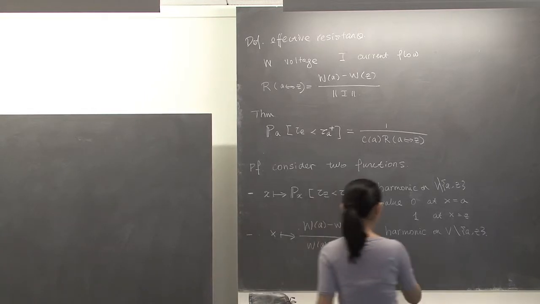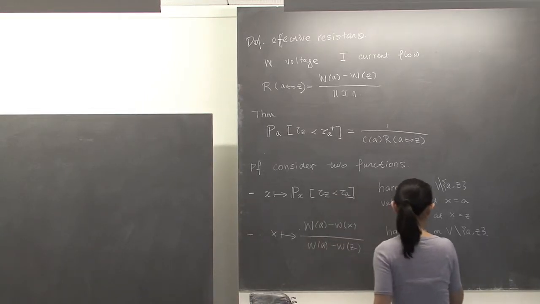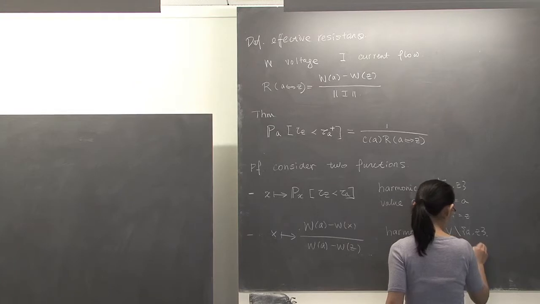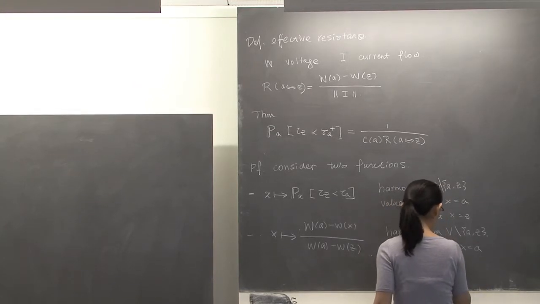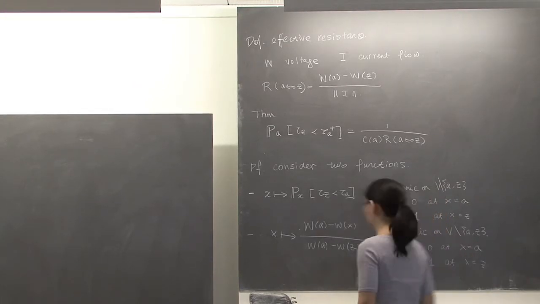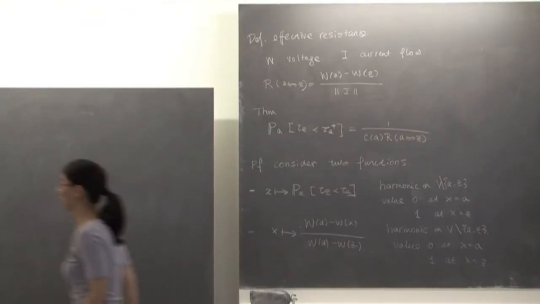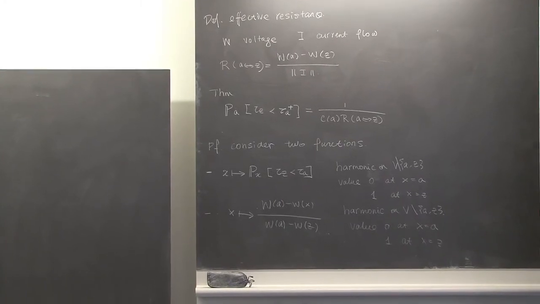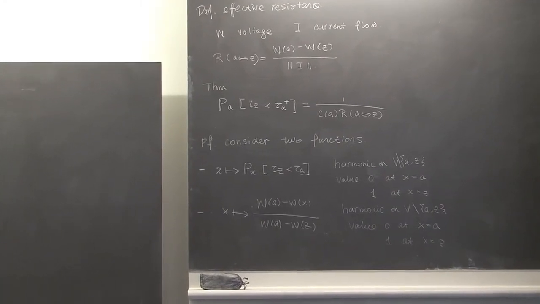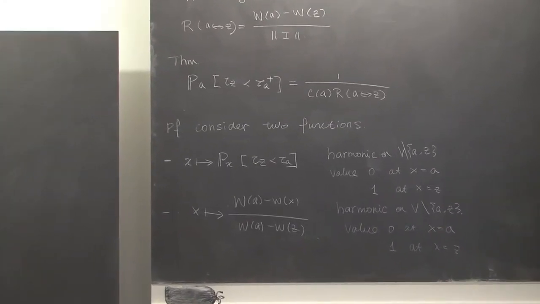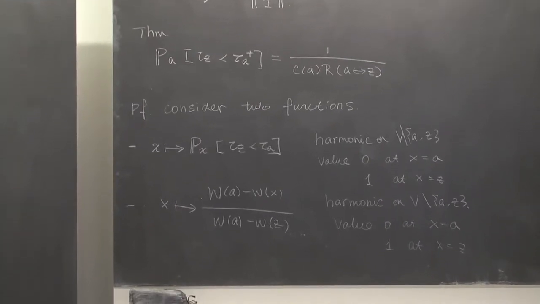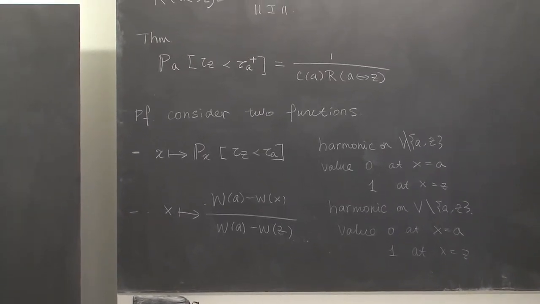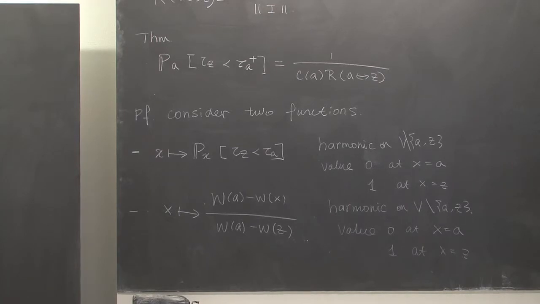And we can check that it has value 0 at a, and the value 1 at z. So now we have two harmonic functions, and they have the same boundary value. By the uniqueness of this harmonic extension, we know that these two functions have to coincide. So combining these two, we know that for any x, we have